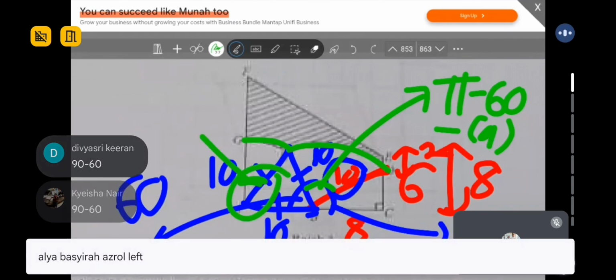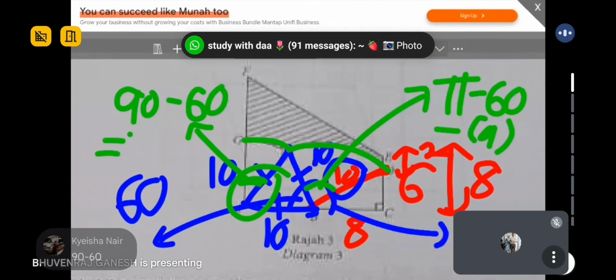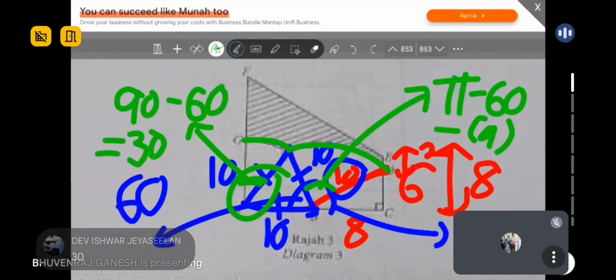Yes. Okay, this one you just take 90 minus 60. Okay, so you will get 30 darjah. Okay, very good. So you analyze everything, Adila. Okay, so dah habis dah. One more thing is your, let me see,